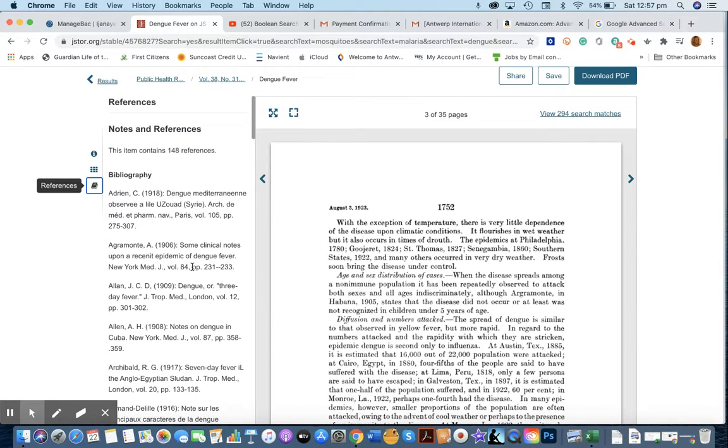A lot of people go to Wikipedia to find resources. Wikipedia is not considered a reliable source of information. However, sometimes I use it as a starting point where I go to the references used for that article. So you can do that